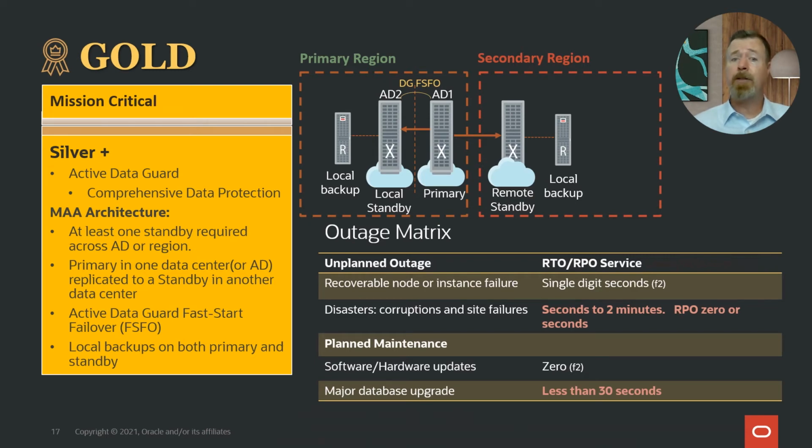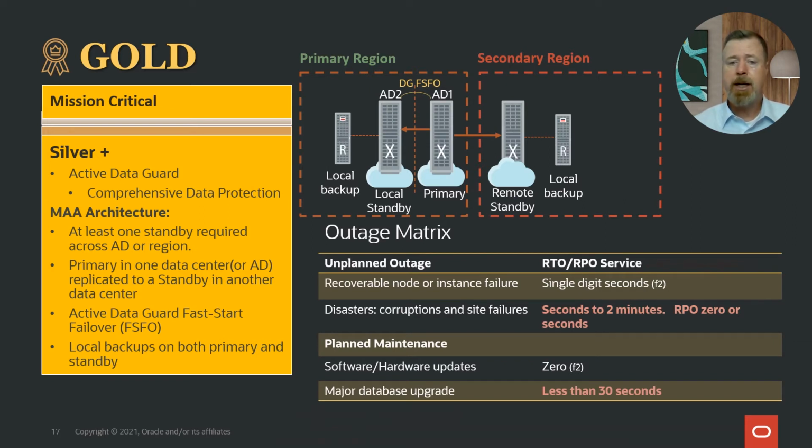If the whole site fails, so Godzilla attacks and takes out the entire site, or you experience a huge power outage and you can't recover the environment, at that point, you may experience a slight delay in the redo, and you might open yourself up to a small RPO of seconds or milliseconds. So very small. This is how you can get your cake and essentially eat it too without affecting the performance of your primary.